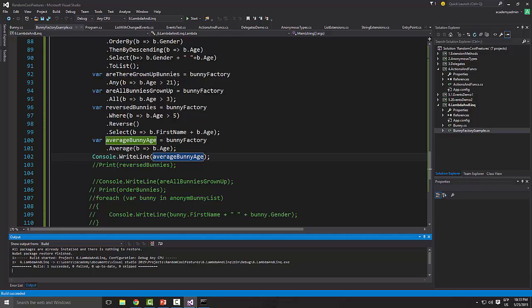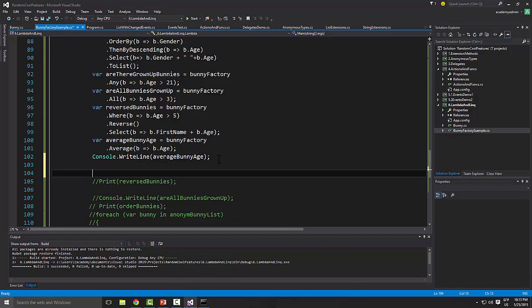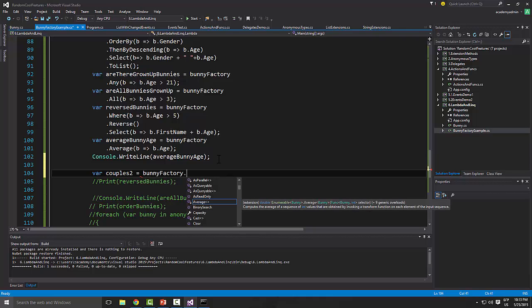Let me see if there is something a bit more interesting. So yeah, this is the more interesting example. Okay, how do I make couples? Since you are asleep and you don't want to do it anymore, I am just gonna ask you to do it. So var couples. How do I do the same thing that I did with the couples above? How do I do that here as well? Bunny factory dot